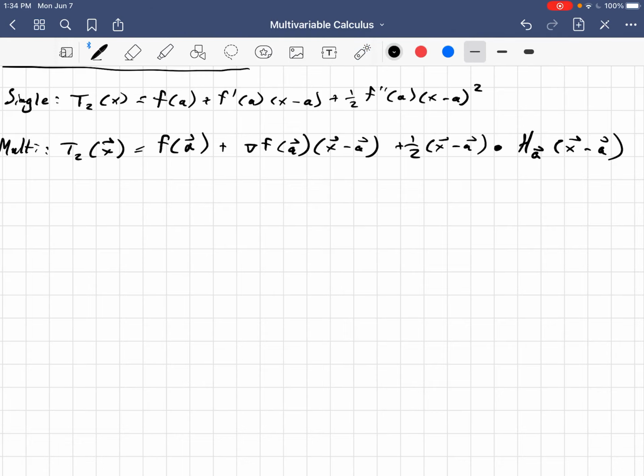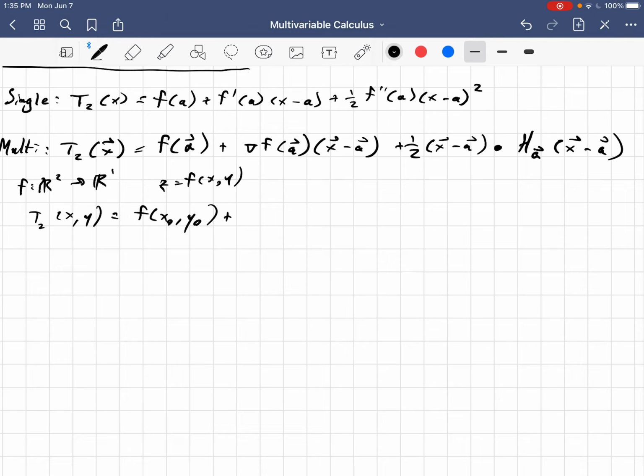Now, the second derivative test that we're concerned with in a typical Calc 3 class is limited to functions f that are real valued with two independent variables and one dependent variable. So that'd be functions of the form z equals f of x, y. So we're going to transform this into T sub 2 of x, y equals f of x naught, y naught at the specific point, plus now the gradient of f